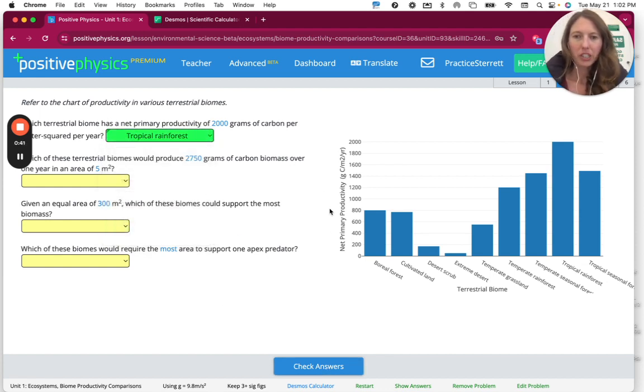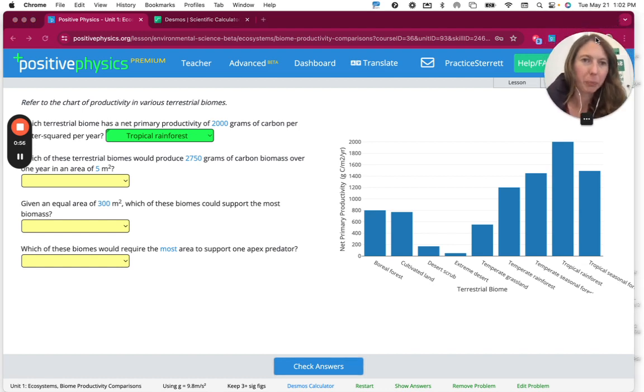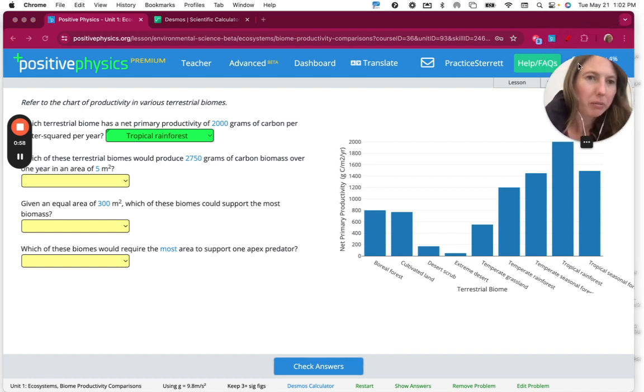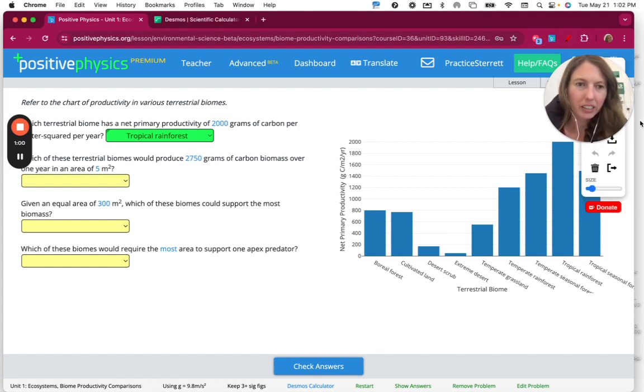And then the next question asks, which of these terrestrial biomes would produce 2,750 grams of carbon biomass over 1 year in an area of 5 square meters? For this, we need to set up a little calculation. So I'm going to grab my tool here to write with, and we're going to set up